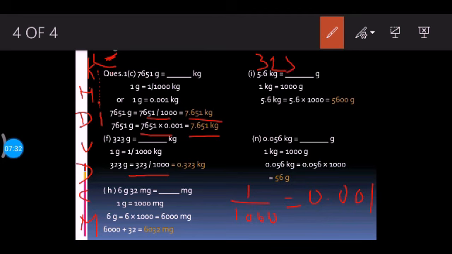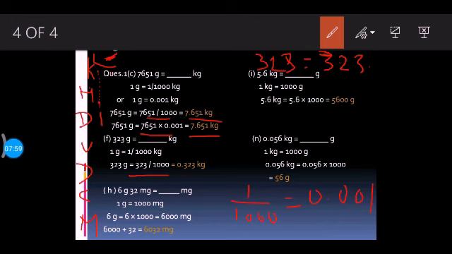As all of you know, 323 can be written as, it can be written as what? It can be written as 3, 2, 3 and decimal. So if you shift this decimal 3 times to the left, it will come just before this 3. So my answer will be 0.323. I hope it is clear to you all.